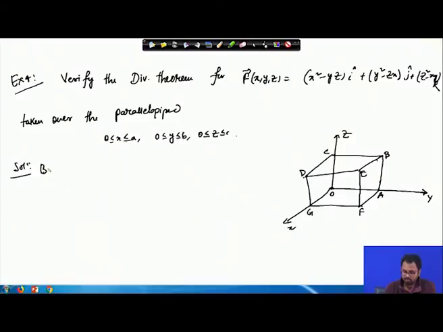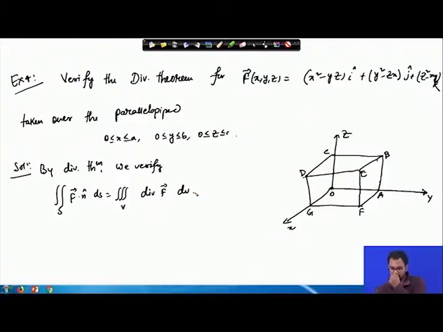So, now we have to verify. So, by divergence theorem, we verify that surface integral of F dot n dS is equal to volume integral of divergence of F dV, right. So, let me calculate the right hand side. So, the right hand side, RHS, equals volume integral over V of divergence of F. So, divergence of F, that is our F. So, we basically have del del x of x square minus yz